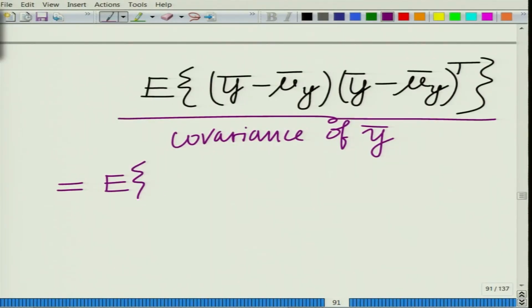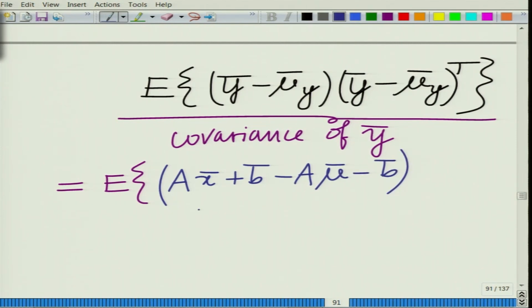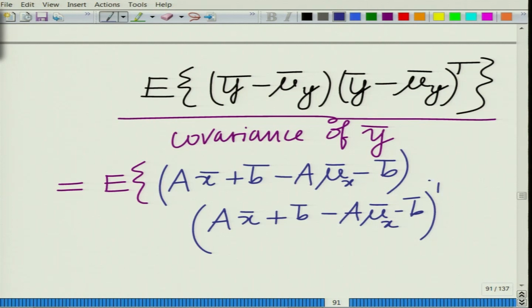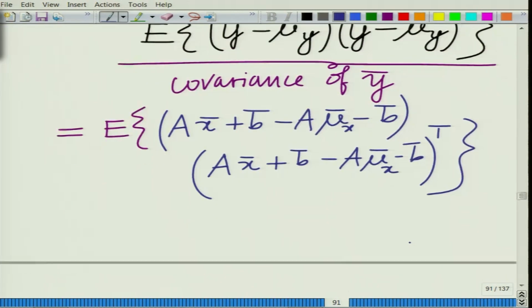So, you can write this as expected value of y bar is A x bar plus b bar minus A mu bar x minus b bar times A x bar plus b bar minus A mu bar x minus b bar transpose,